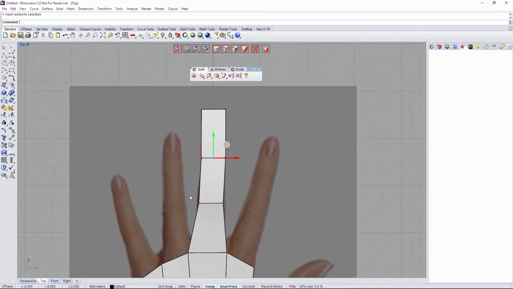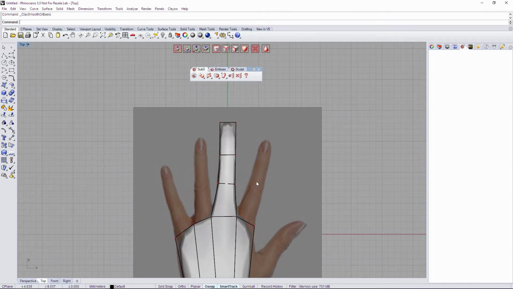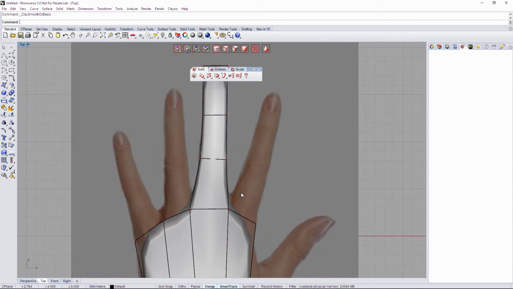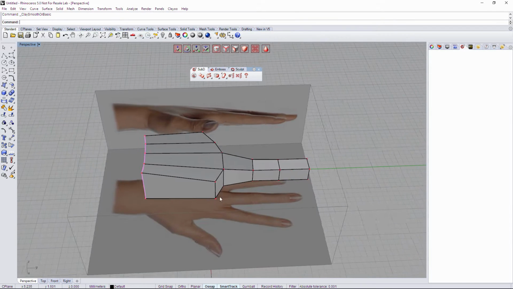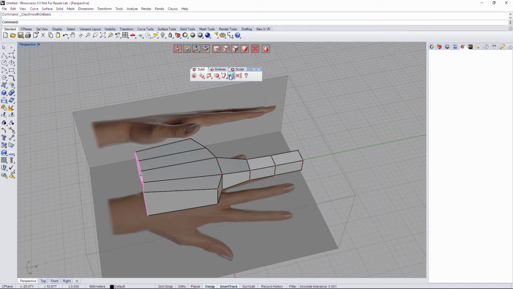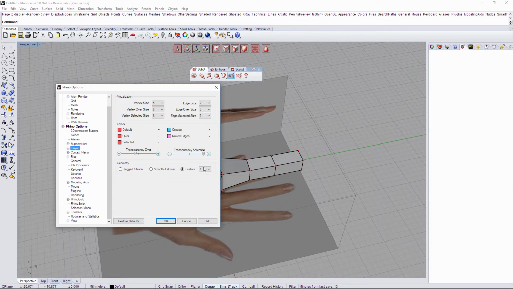Now we're going to use 1 to select vertex, and refine a little bit to create our middle finger. From this middle finger we're going to duplicate it to have all the others. Okay, so what we're going to do now is make sure in the Clayoo properties that subdivision is on 1